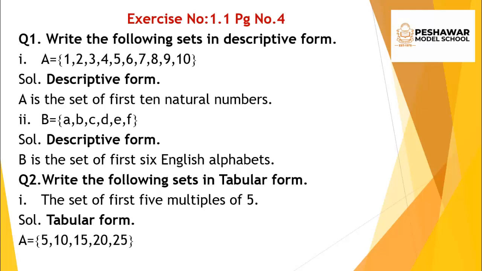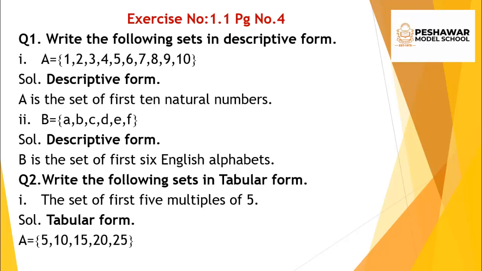So let's see our first question. The first question is the set of first 5 multiples of 5. You already know about the multiples of 5. It is very easy. So solution, tabular form, give the heading. In which form do you have to convert it? You have to convert it into tabular form. So solution, tabular form, you give the set a name like set A, B, C, D, whatever you like, because in the question the set name is not given. Let's suppose I give the set name here, that is capital A. A is equal to, now we have to convert it into tabular form, braces.